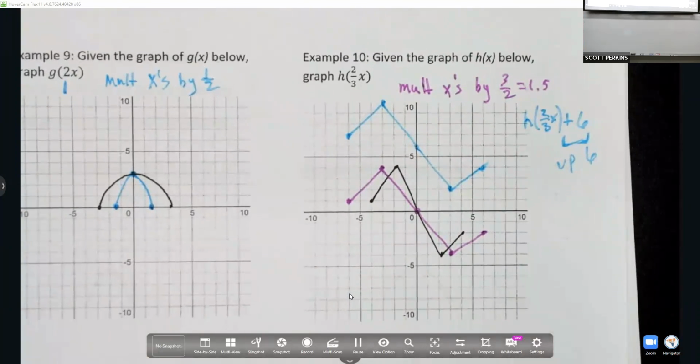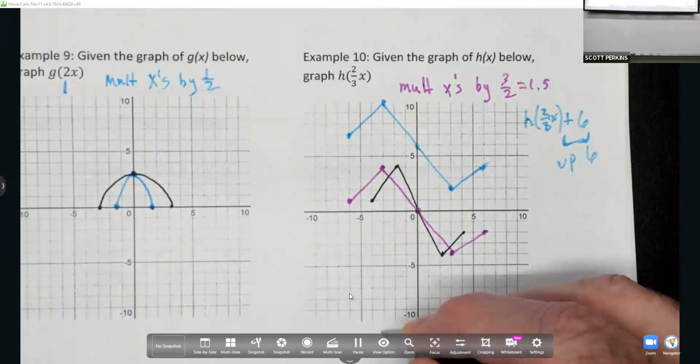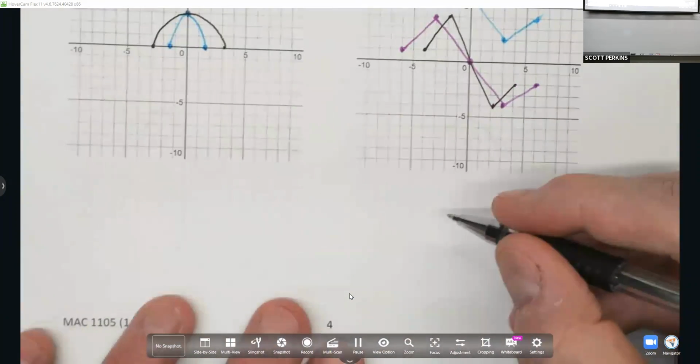Okay? If the 6 would have been inside, so it would have been 2/3 x plus 6, it would have made 11. That's a little more complicated, and I don't intend to press that issue just now, because while this doesn't happen to the y's, it didn't happen before. So the question is, if Mr. Perkins, if it had been, and you don't have to write this down, if it had been